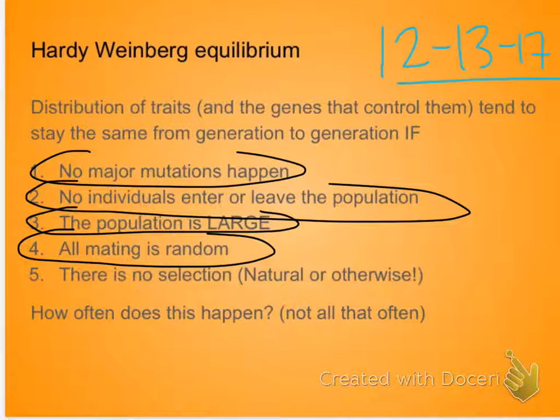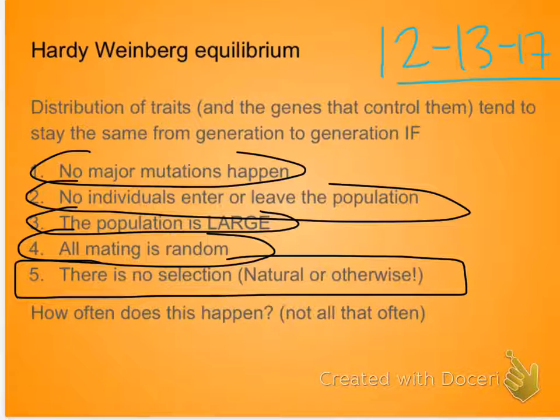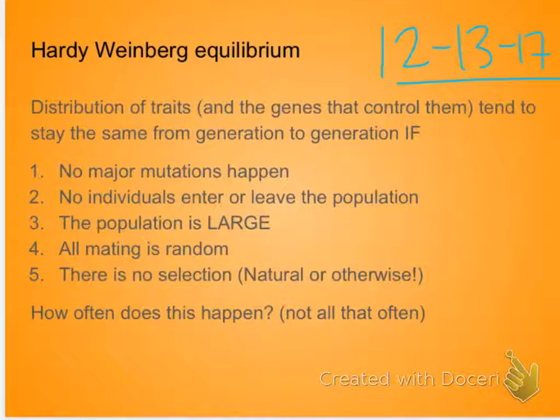We said in order for a population to be stable, we have to assume that everybody's able to mate, that we don't have strong selection preferences, so mating's pretty random. And now comes what I think is the trickiest one, because this has got its own set of criteria. In order for a population to not be evolving, there can't be any natural selection. Huh? So to think about that, we have to actually go back and recall what natural selection is,